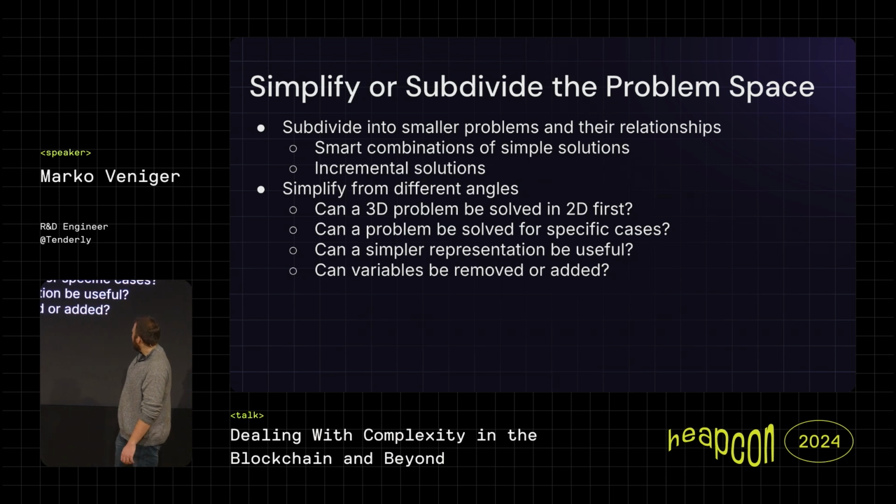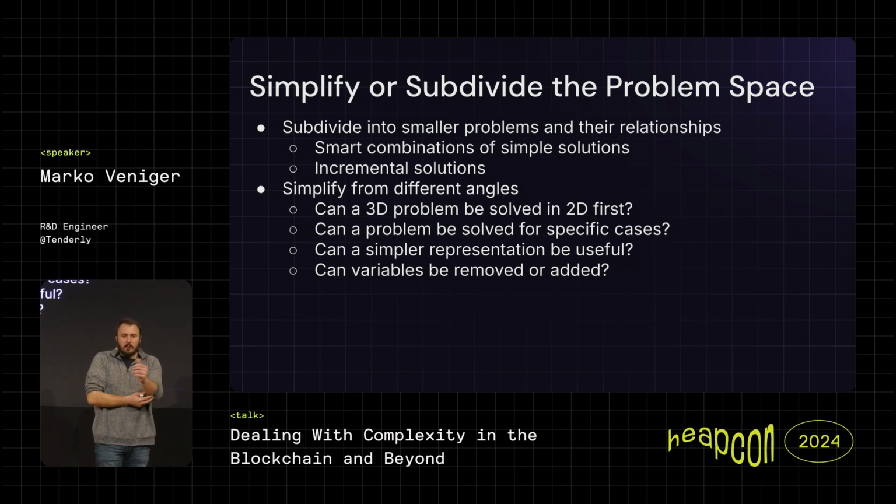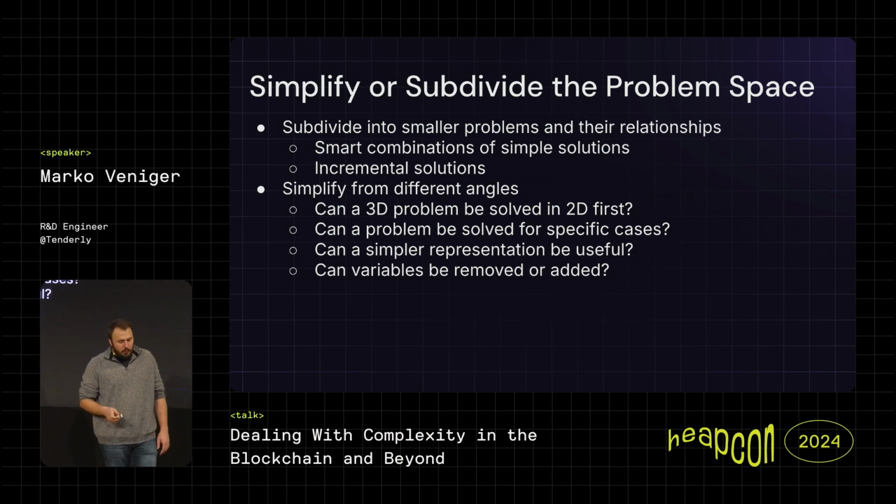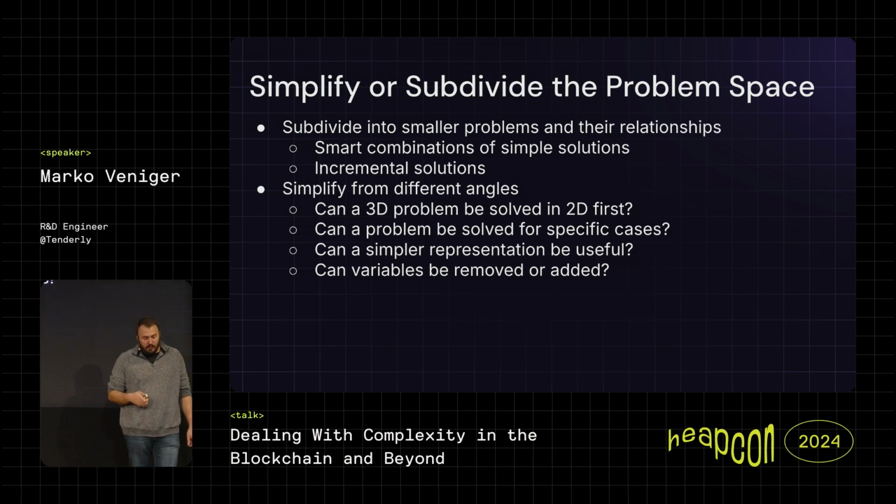Can a problem be solved for specific cases? Can you try to isolate specific cases, simplifying what you're trying to do? Let's say you have 10 different user groups or 10 different inputs, can you solve it for one? Just one. Don't care about anything else. If you do it, maybe you'll learn something new. Maybe the parts of the problem are going to be more known to you, which means the problem is less difficult. And incrementally, you can solve it.